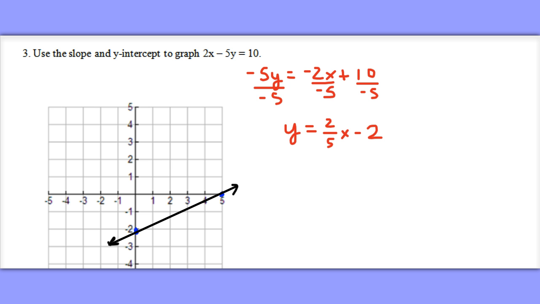So that's correct. We'll be taking a look at more examples of slope-intercept form and graphing lines in slope-intercept form in class,